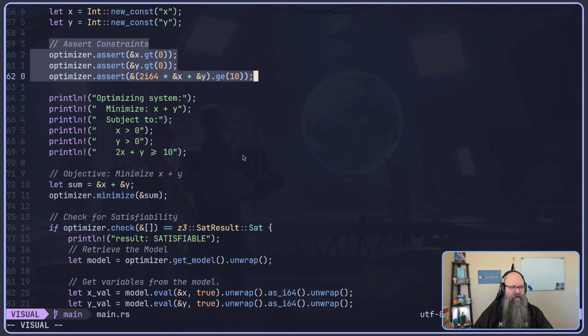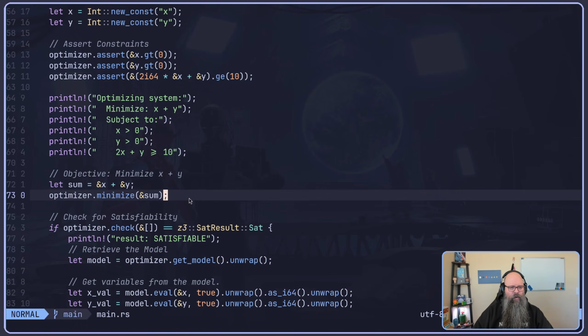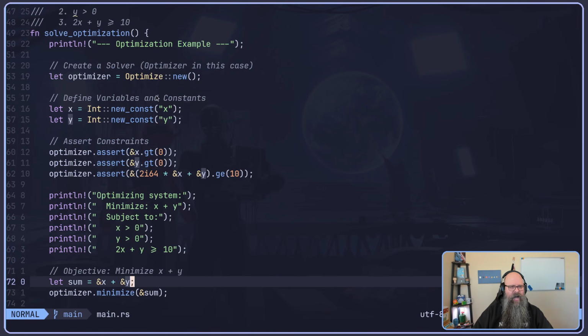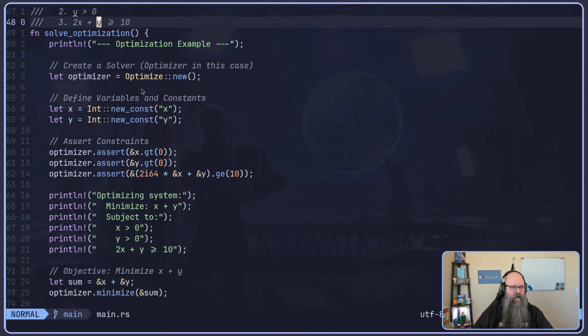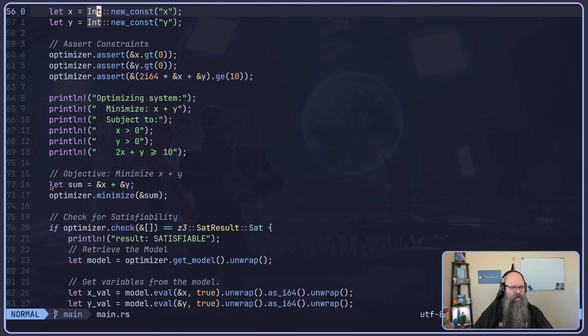Now, we need to have some kind of objective for this. So where we start to differ is what we want to minimize. We want to minimize X plus Y. So we want to find some value where all of these constraints are met, but we want to minimize these two values, X and Y. And the easiest way to do that is to just create a variable that's a sum of those two values. So for these two variables, X and Y, we'll create a